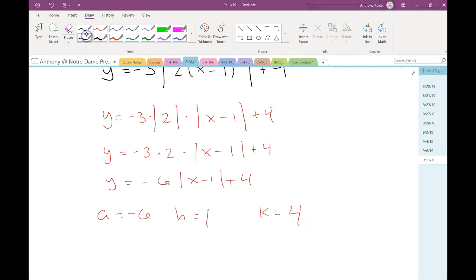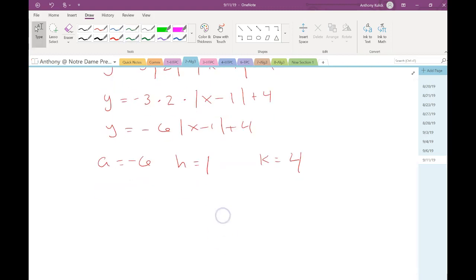So without actually graphing anything, let's look at all the information, all the things that we can say about this. So first thing I can say,